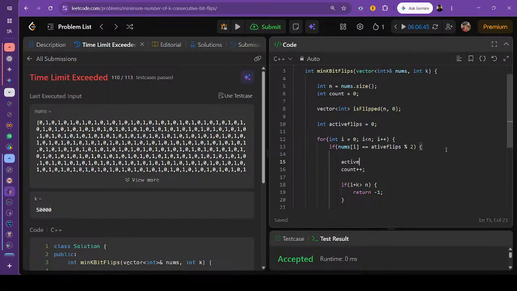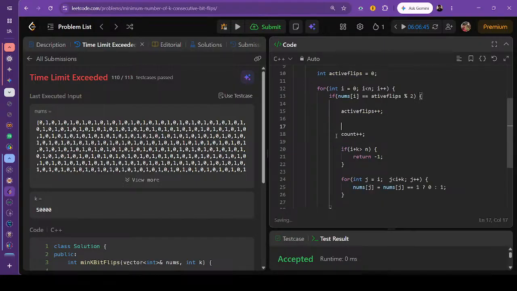Active flips plus plus, and also count plus plus because I have just performed the flip. And the next thing I will do is